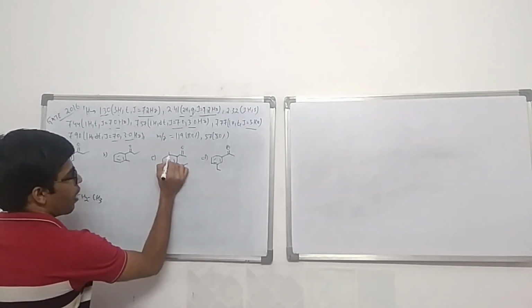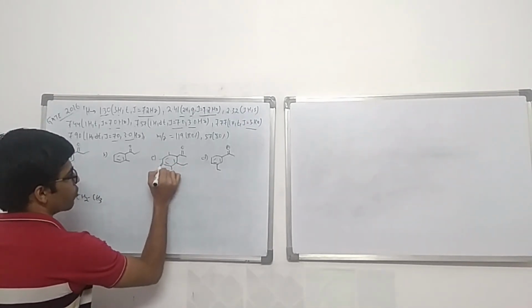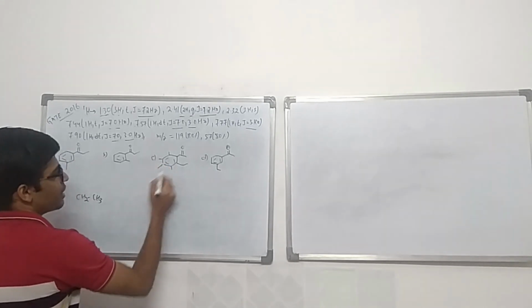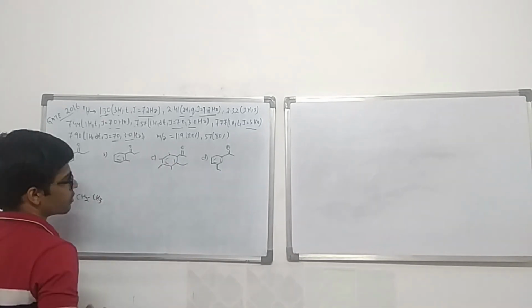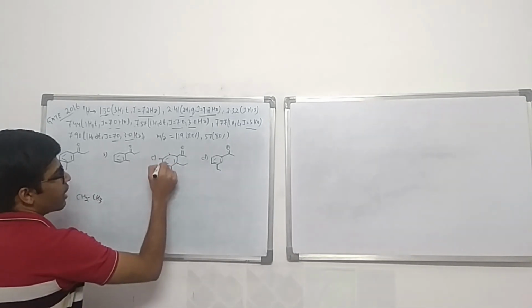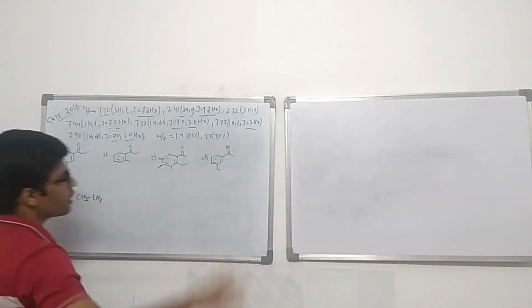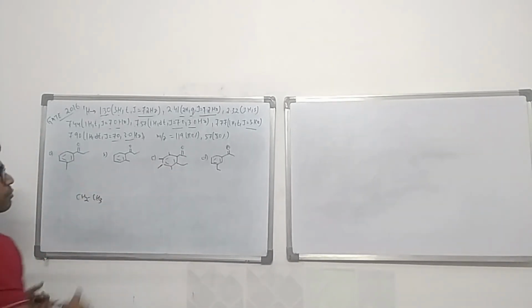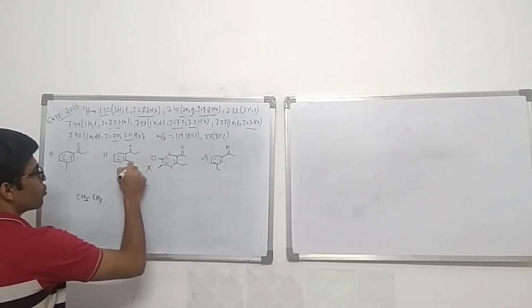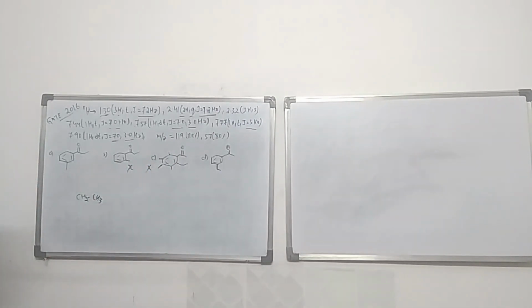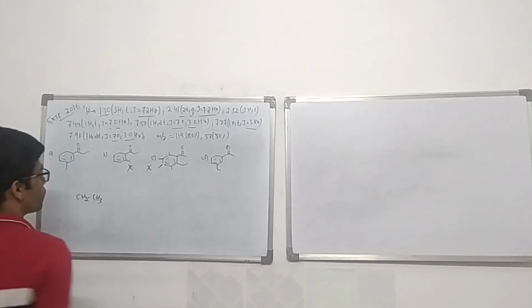There is hydrogen, hydrogen, hydrogen and hydrogen here. This can have ortho coupling with this. This can have ortho coupling with this. But these two can have 2 ortho couplings. So that means there should have been 4 ortho couplings. Similarly in this structure also. But there are only 3 ortho couplings, so these 2 structures are discarded. So I am remaining with these 2 only.